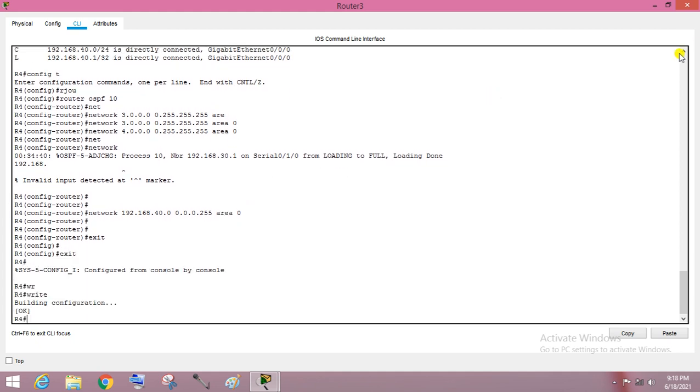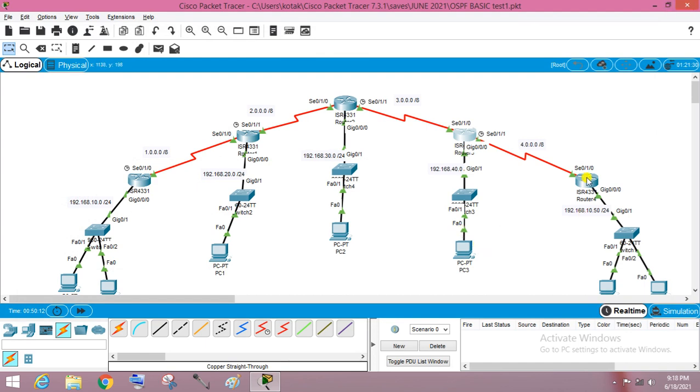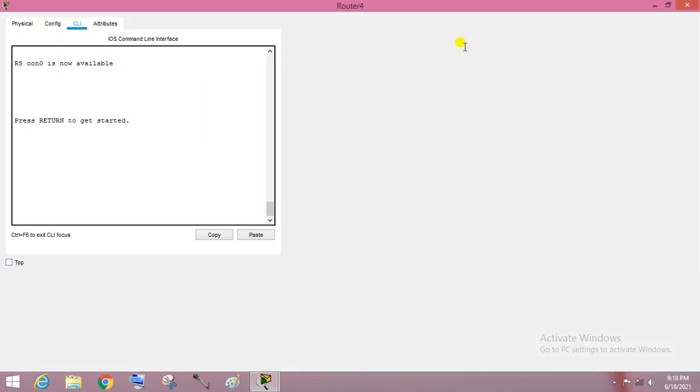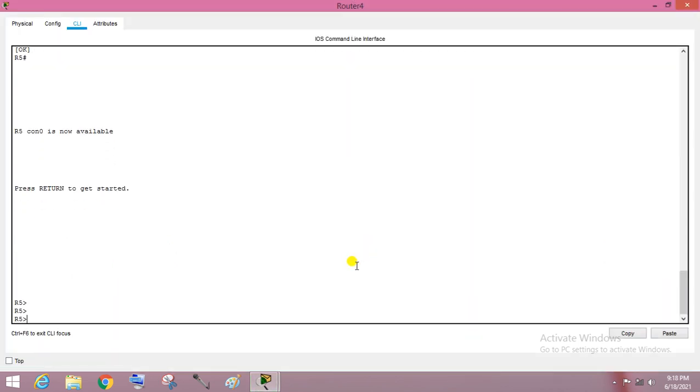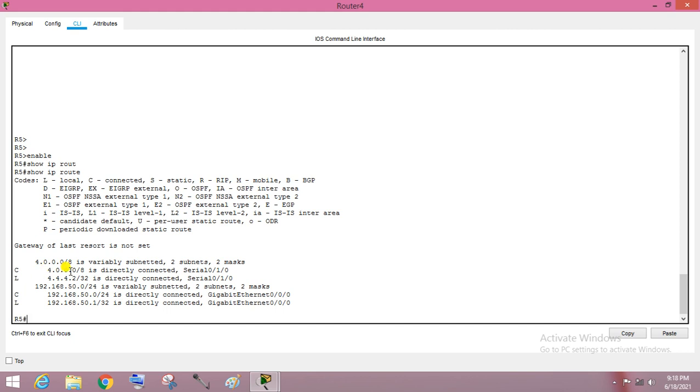Right. Then we have to enter the final router, number 5. Okay. Enable, show ip route. You have 2 networks there, 4 and 50.0.